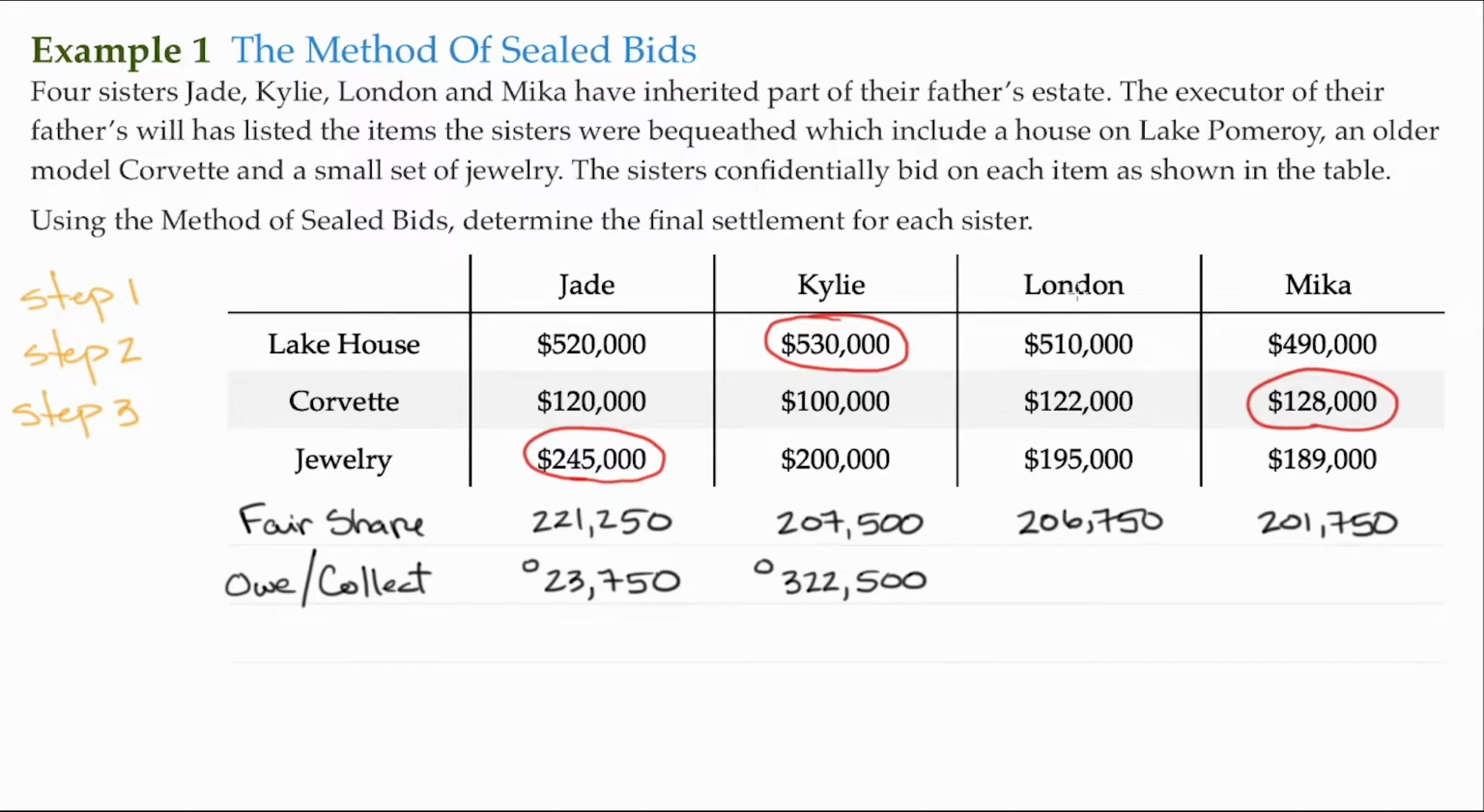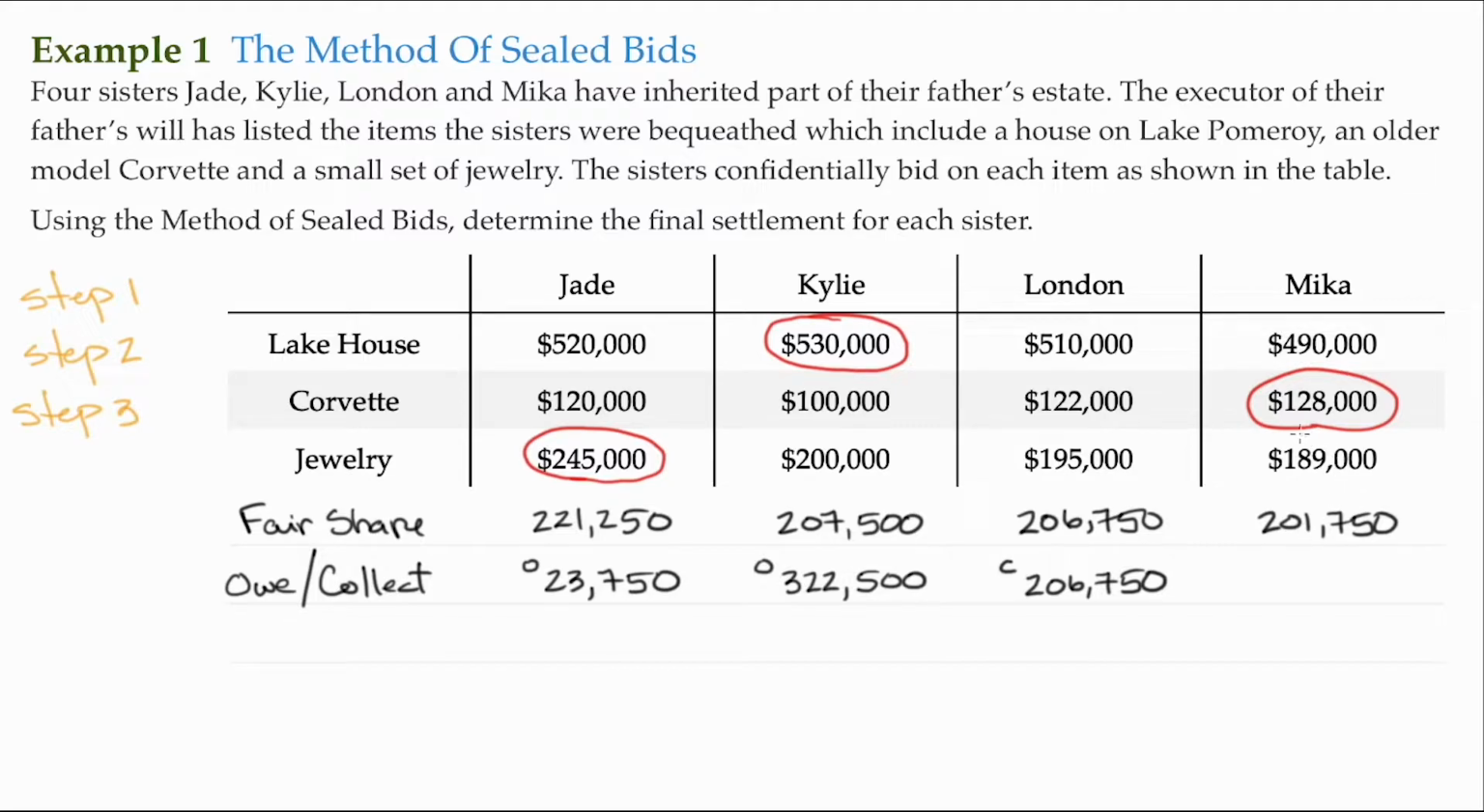London did not get any items, so she's just going to get a straight settlement of $206,750, but she winds up collecting it from the estate. So I'm going to put down $206,750, but I'm going to mark it with a C to know that she's collecting that, taking that from the estate. And finally, for Mika, she expects to get